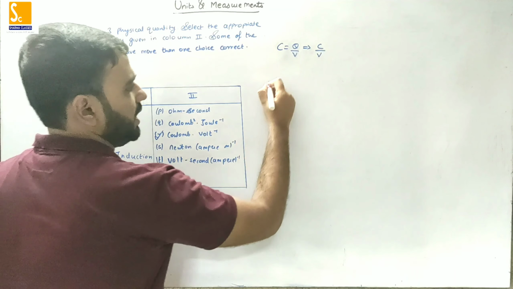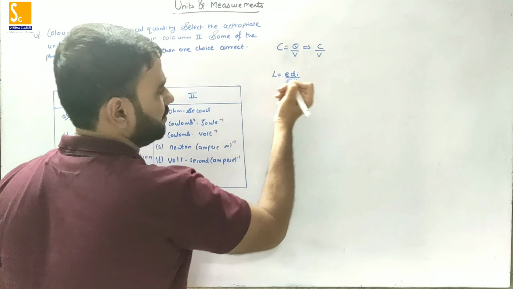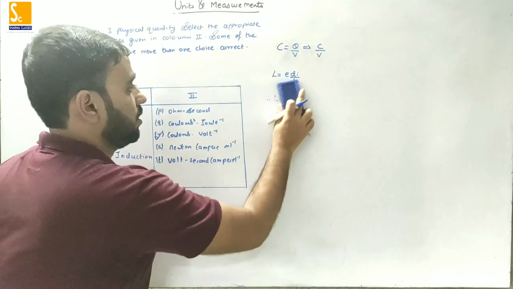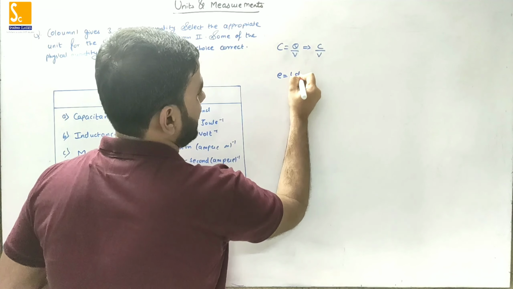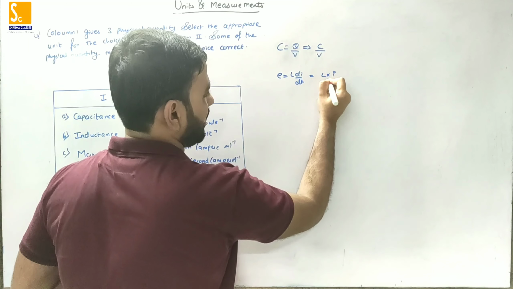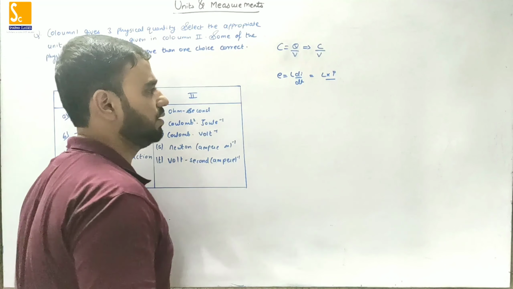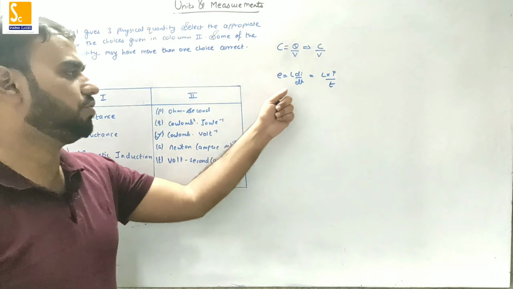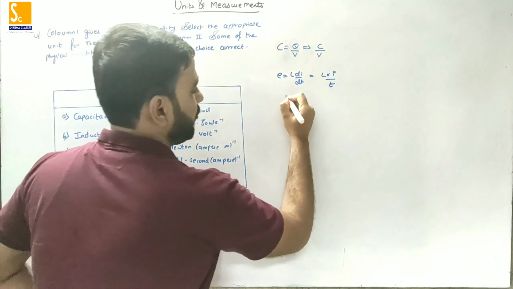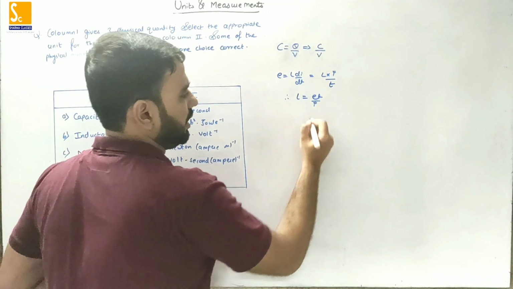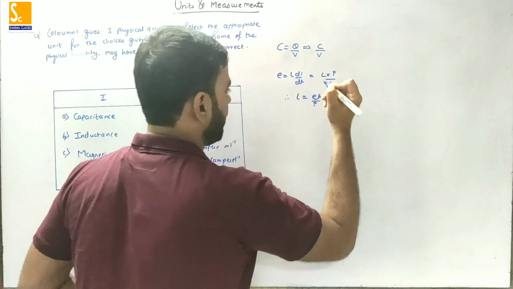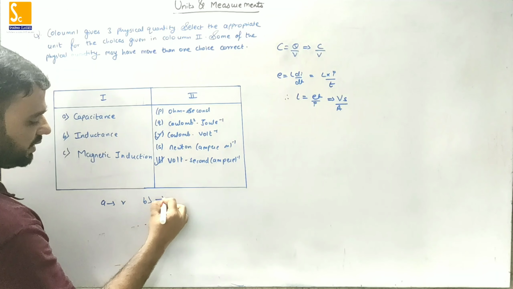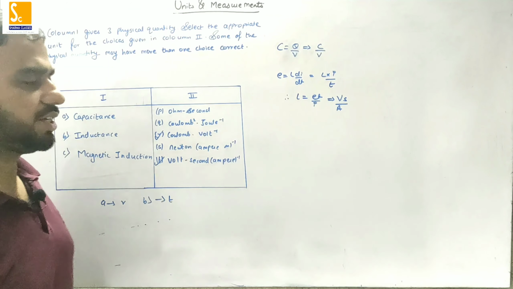Now we will talk about inductance. Inductance, we have seen, L is equal to... sorry, this formula is written wrong. It is nothing but E is equal to L di by dt. di is change in current, which can be written as I only, because the unit of change in current will be the unit of current I. dt is the change in time, which can be written as time, because both have the same unit. Therefore, L is equal to ET upon I. The unit of E is volt, of time is second, of current is ampere. So volt second ampere inverse, as you can see, this is option T. So we got the answer for B, that is option T.